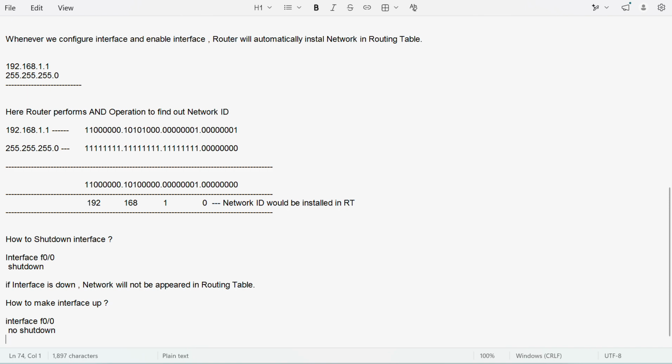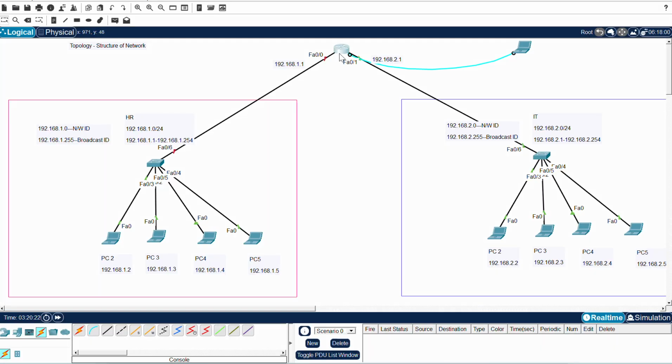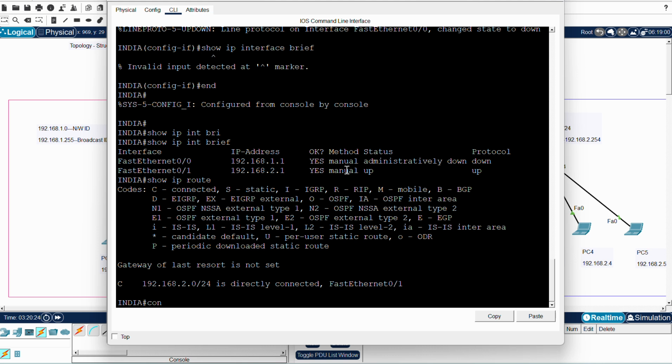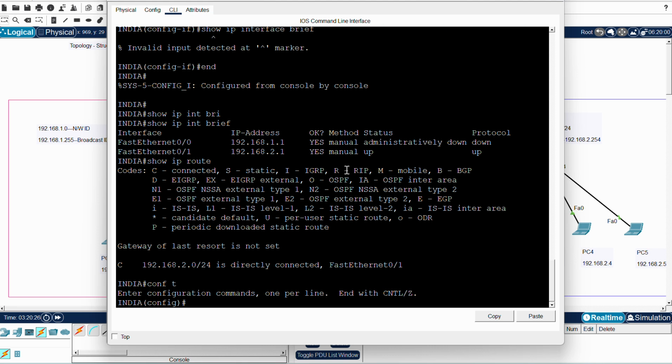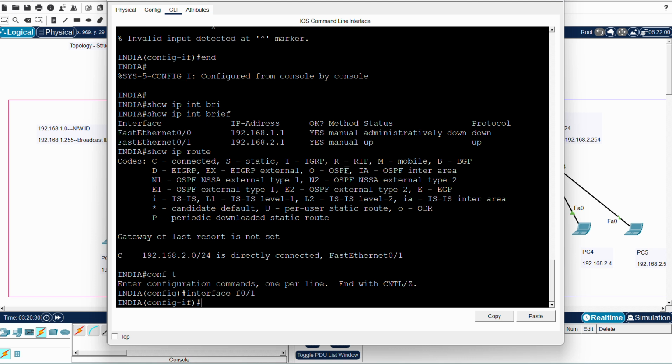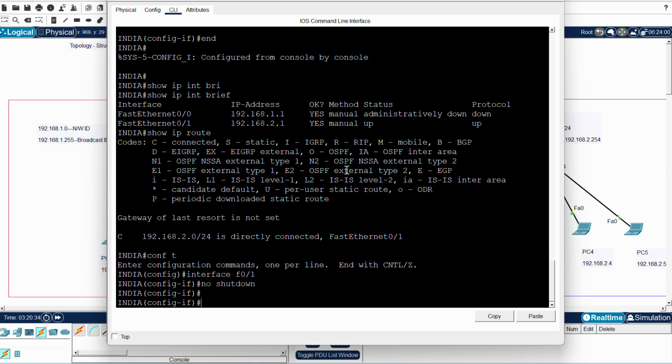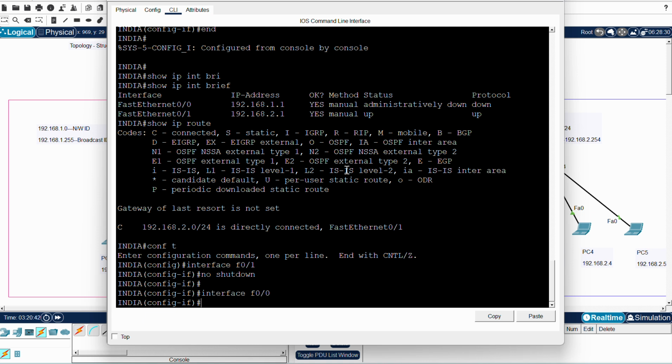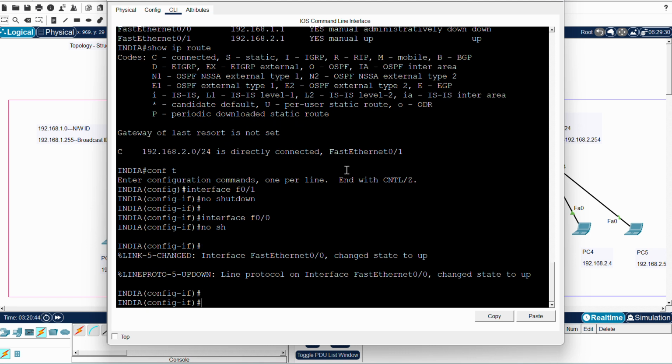So now go to the router in configuration mode. Interface F0/0, no shutdown. See, again we got notification. Now if you see routing table,